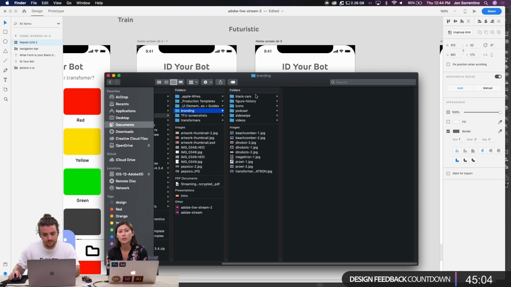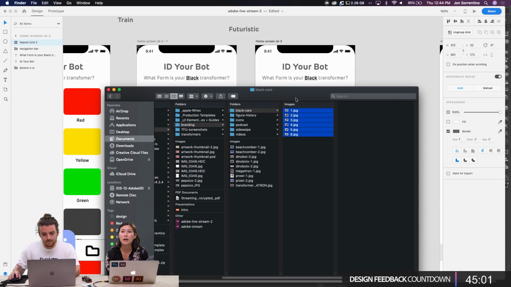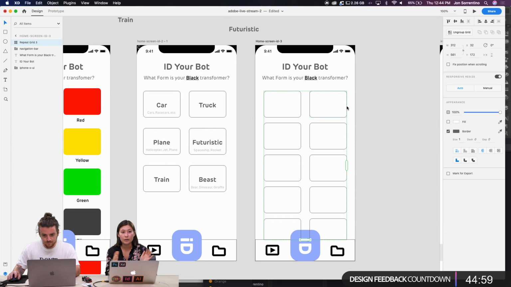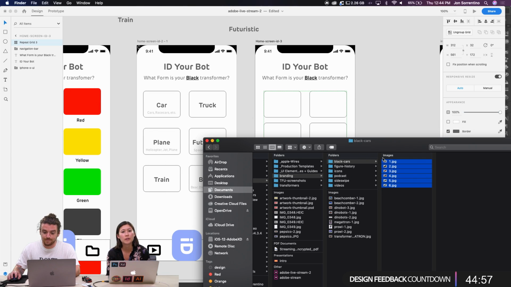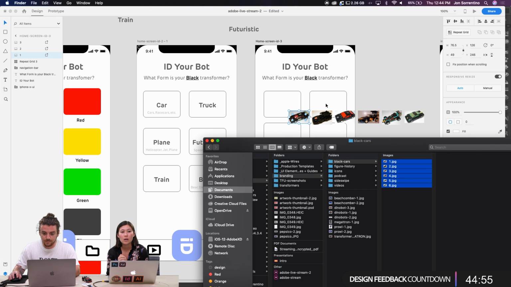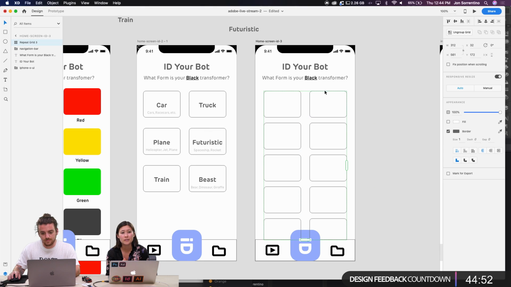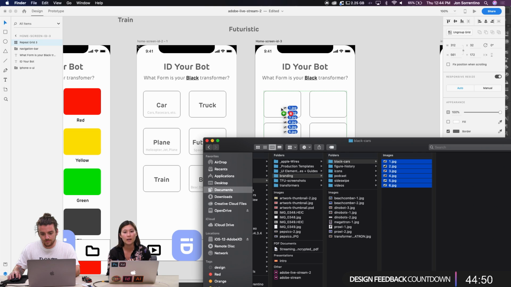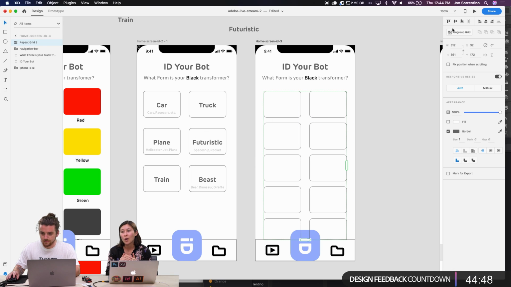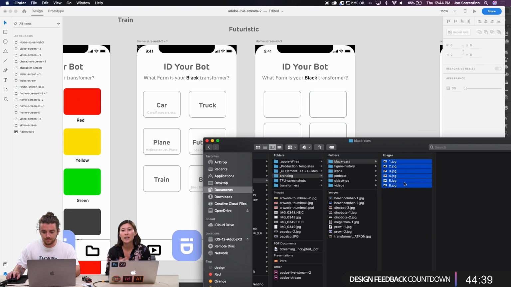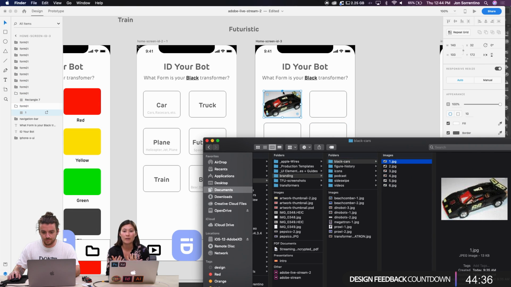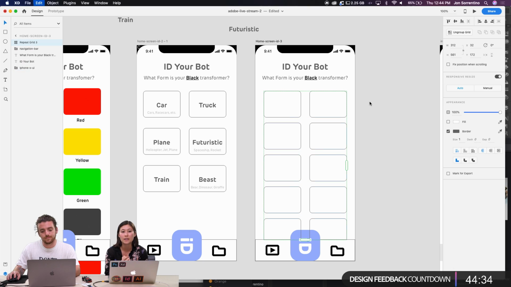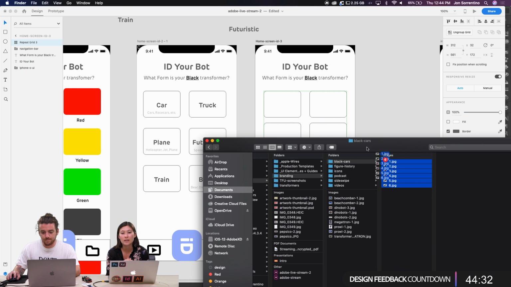I'd say around the portfolio side of things, you don't have to feel like you have to put everything you've ever worked on in your portfolio, really curating it and thinking about projects that you're really proud of. And also the type of work that you want to get. If you're showing only mobile apps, then people will come to you for that type of work. But if you're really interested in making videos or getting into illustration, then putting more of that work on your portfolio will help you get that type of work. So I always say that's a good idea.